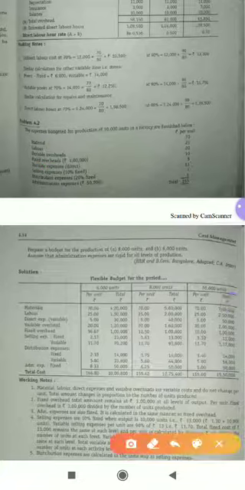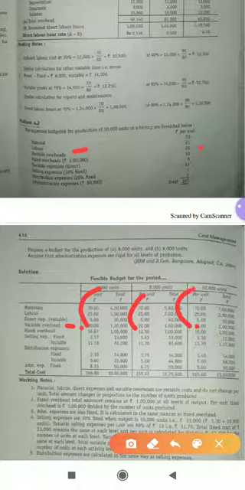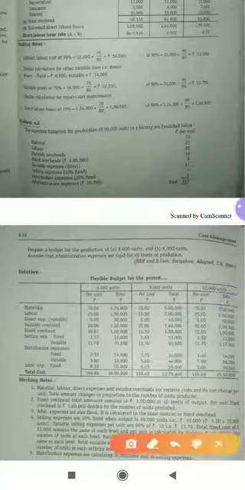Now we have variable overhead. The question itself says variable overheads, which is nothing but indirect expenses. Now look at here, variable overheads we have 20 rupees. I have told you always, let it be direct or indirect, variable cost per unit will be same, but total variable cost will vary. Look at here, 20 rupees, 20 rupees, 20 rupees. Just multiply 20 into 6,000, 20 into 8,000, 20 into 10,000. So if you multiply, you will get 1 lakh 20, 1 lakh 60, 2 lakh. Done. We are done with 4 expenses.